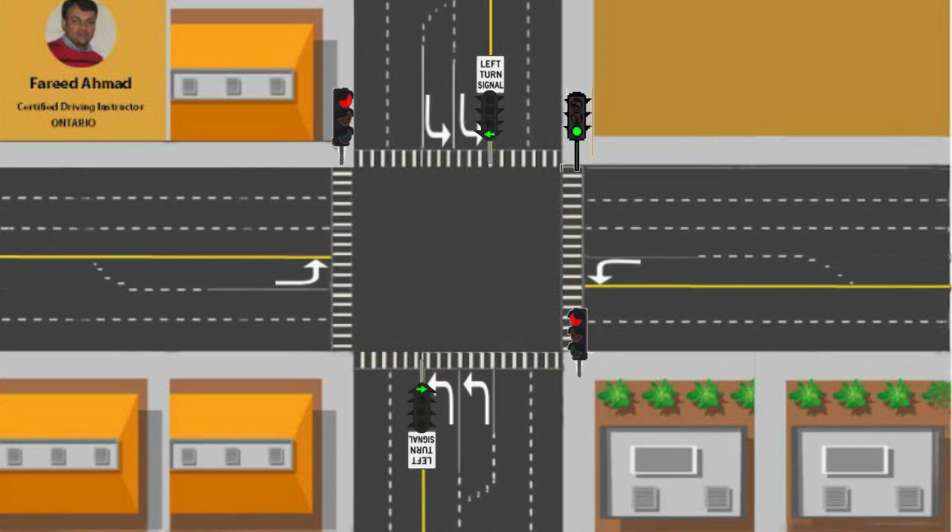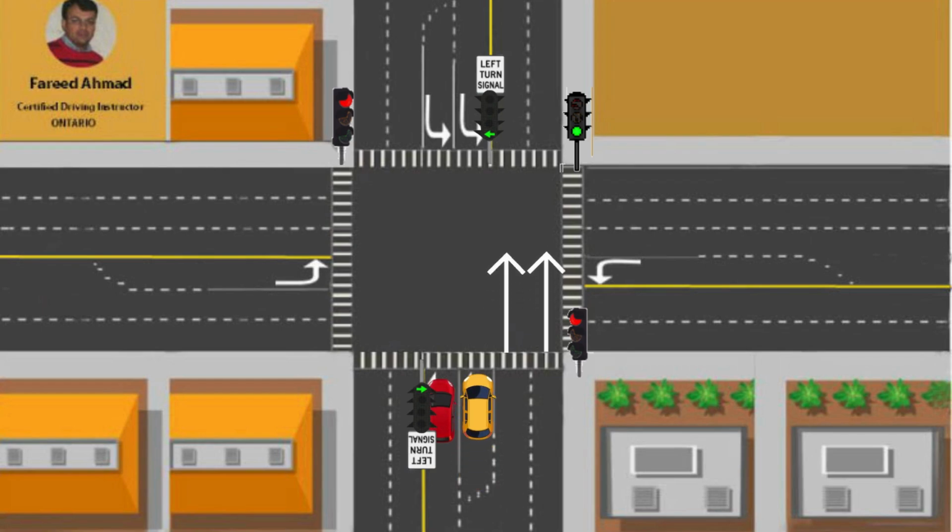Now we will look at the third intersection. The third intersection is the four-lane intersection. As you can see in the picture, the two right lanes from bottom to top are going straight. However, this time there are two dedicated lanes marked to take a left turn. So here, if you would like to take a left, then your vehicle must be in either of the two left